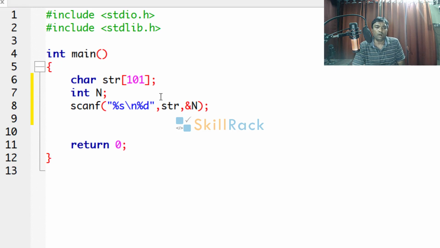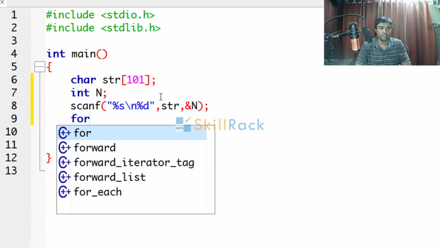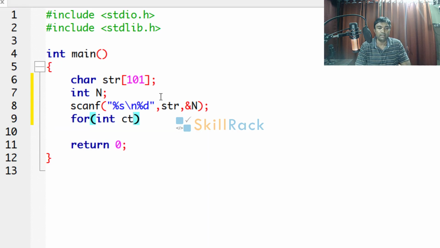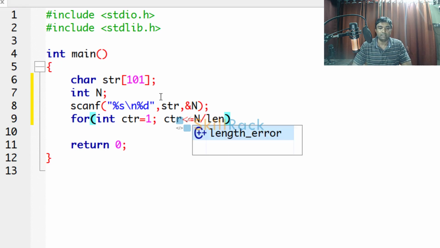So now how many times we have to repeat the string? Okay. So for that we will have a loop for int counter equal to 1, counter less than or equal to n by len. So what is len? It is the length of the string. Okay. Counter++.